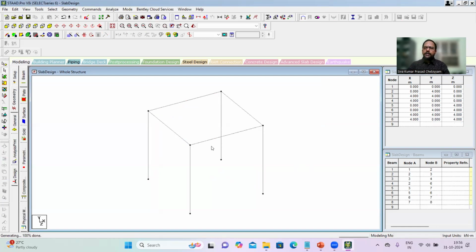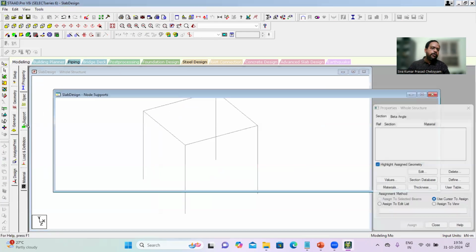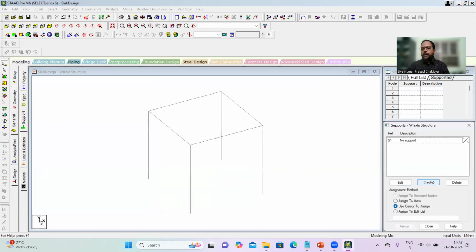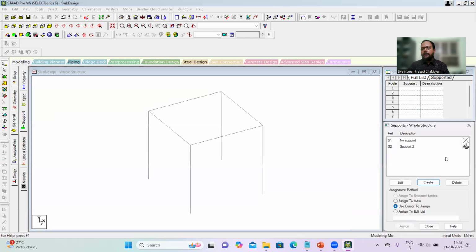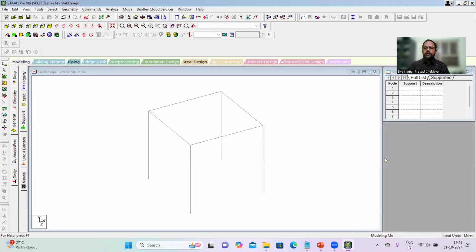Having done this, next stage is to apply the supports. Go to the general, go to the supports, click on create, take all force and moments as add. Now you got the support. This support has to be applied at the bottom of the column. In order to do it in one shot,